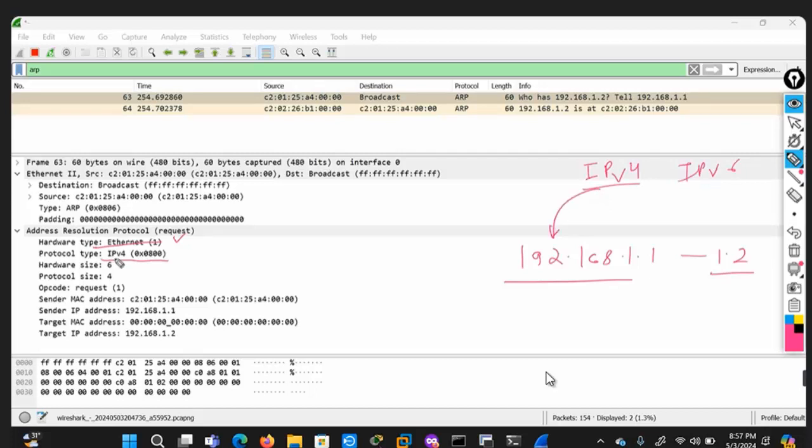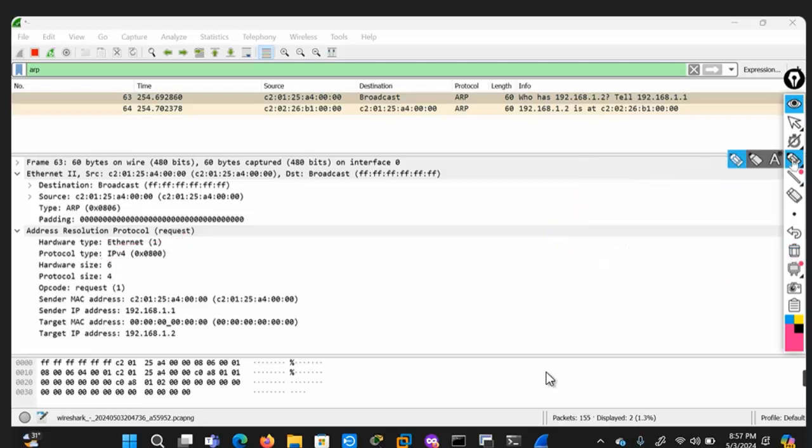This is what an IP version 4 address is. It clarifies that IP version 4 is being used. And what does it represent? It is the hex value. 0800 means it is IP version 4. So the hex value represents that this is IP version 4.